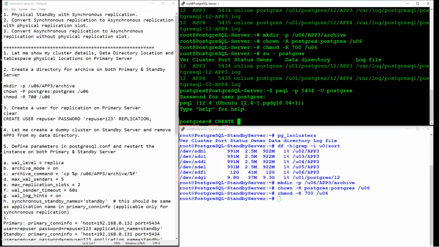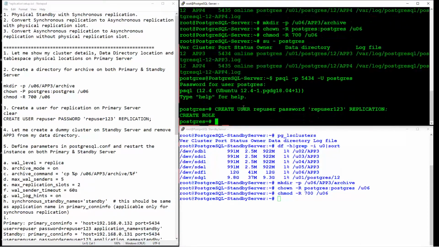Now I am going to create a user called rep user. For the password I am going to use a simple password. You can always use a complex password whenever you are creating any user in a production environment. User created.